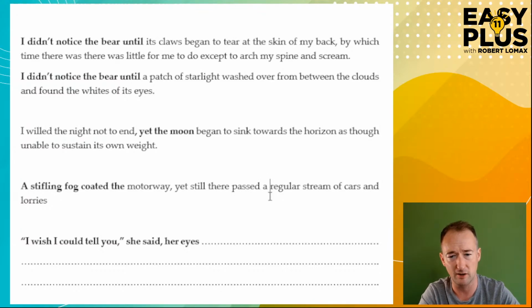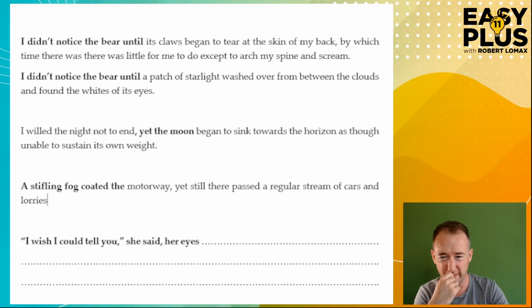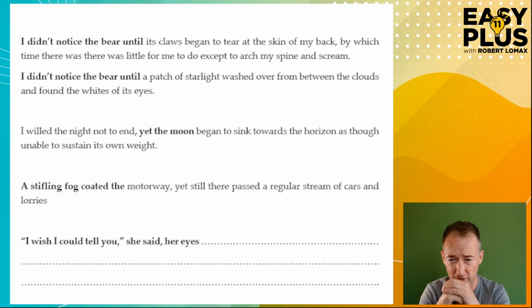Why regular? Because I'm trying to say that it wasn't all chaos and everyone, all the cars trying to push each other out of the way. Slowing down just because there's fog doesn't mean you can't drive at 110 miles an hour. No, they're steady, they're moving through. How are they moving through? This is really thick fog. It's stifling, like it's choking you. So